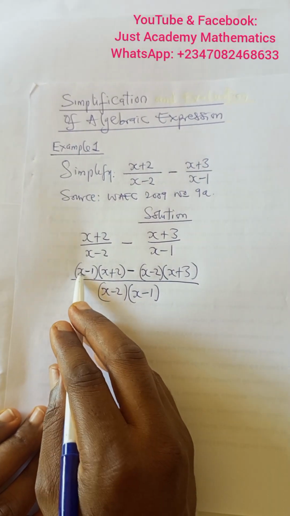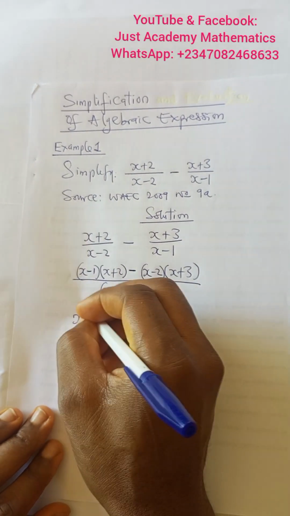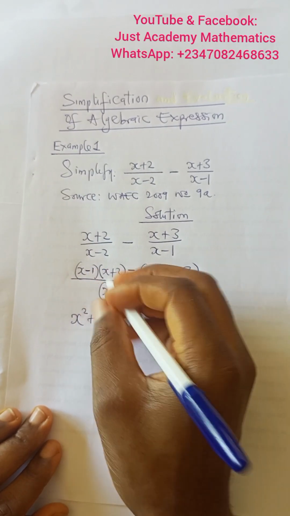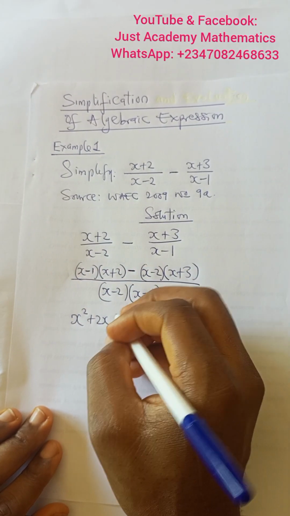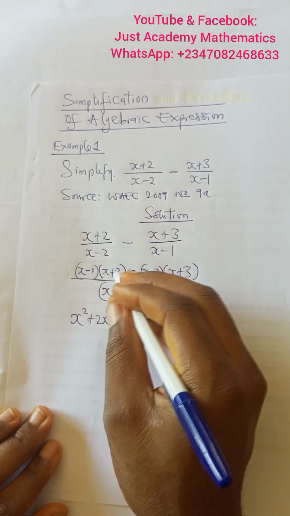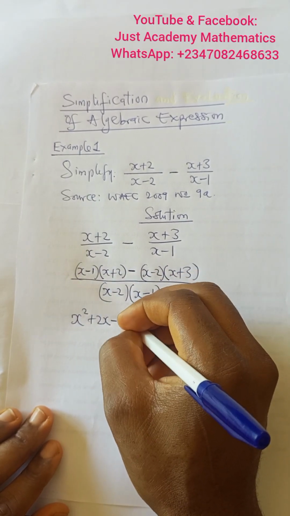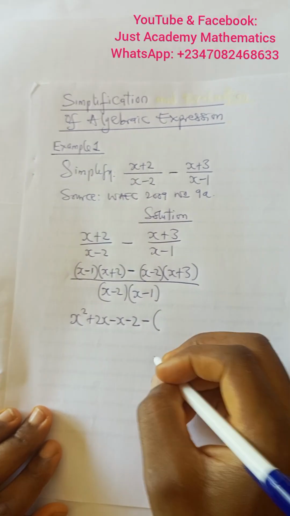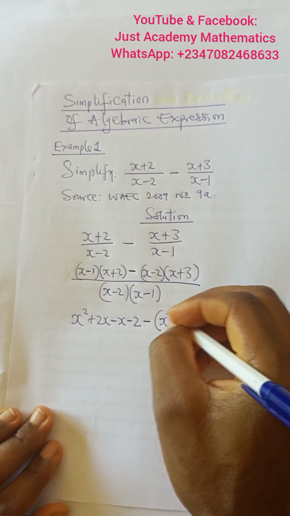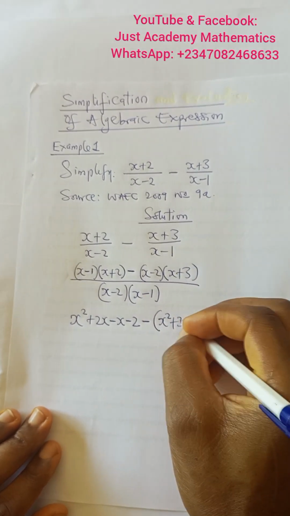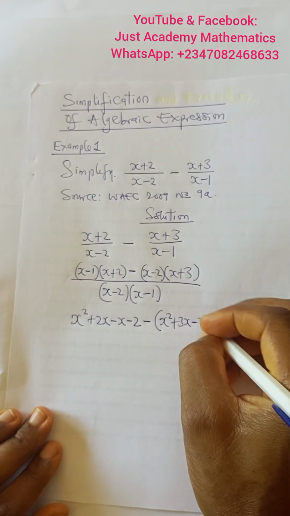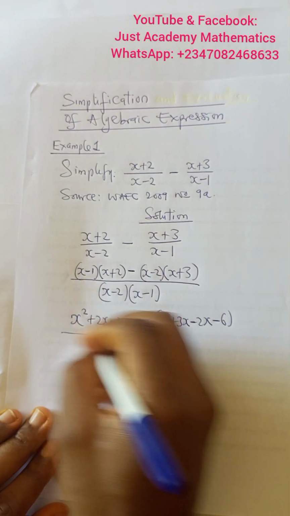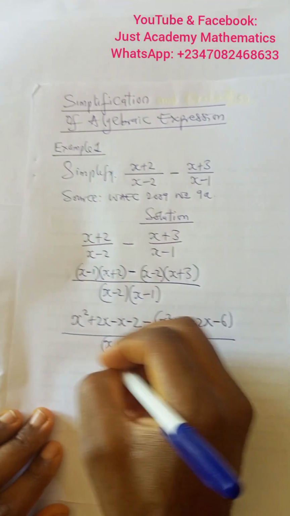In expanding, we have that x times x gives us what? x squared. x times plus 2 is what? 2x. Minus 1 times x is minus x. And minus 1 times plus 2 will give us minus 2. Then minus, still put this in a bracket. This will give us x squared. x times 3, 3x, minus 2 times x, minus 2x, minus 2 times 3, minus 6, over x minus 2